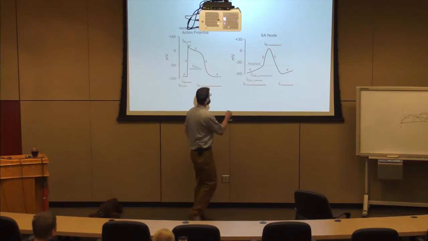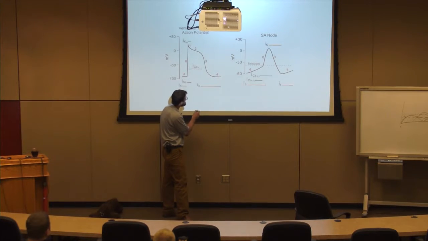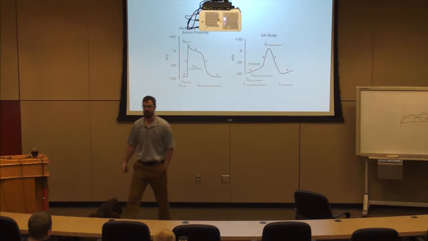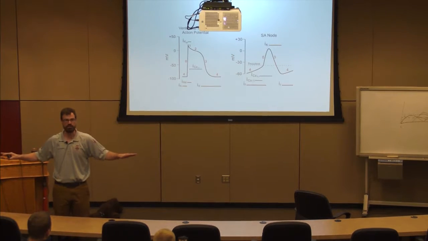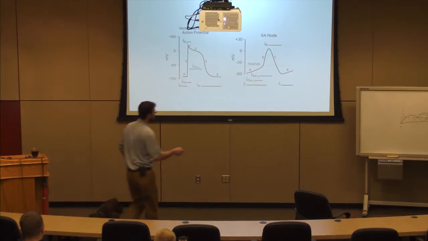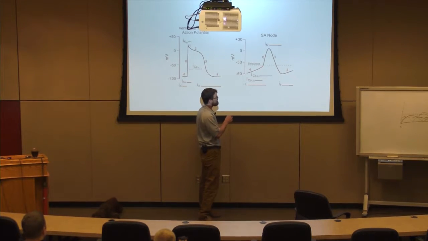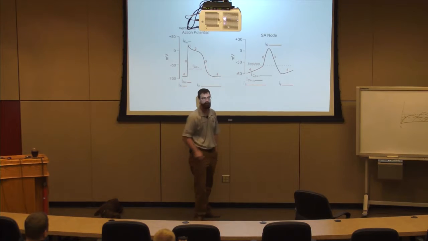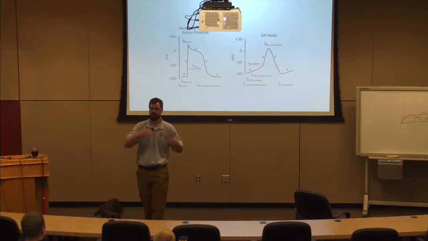My SA node. Look at the integrity. If I set up and I keep something at a resting membrane potential, I polarize that cell, it stays polarized. It's relatively stable in a polarized state, waiting to be triggered so that when it's triggered, it hits that all or none phenomenon and excites, right? It depolarizes. But if you look at an SA node, I have this very leaky membrane is what it ends up being, with what are called funny sodium channels. But you have this leaky membrane that allows for I set up a gradient, right?